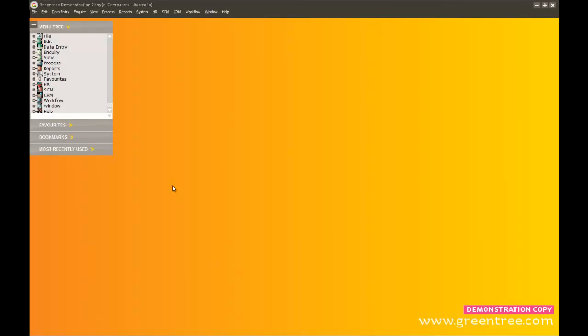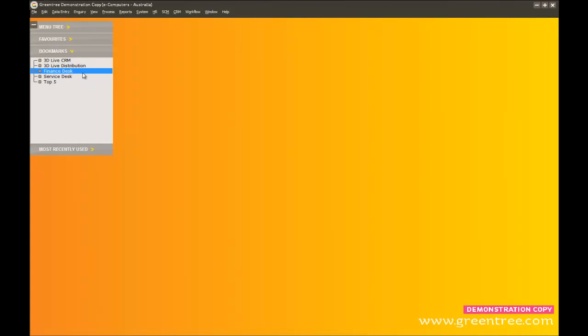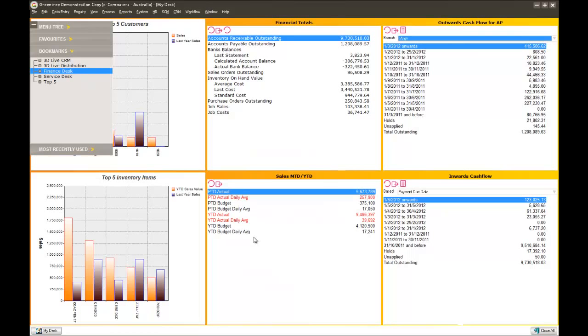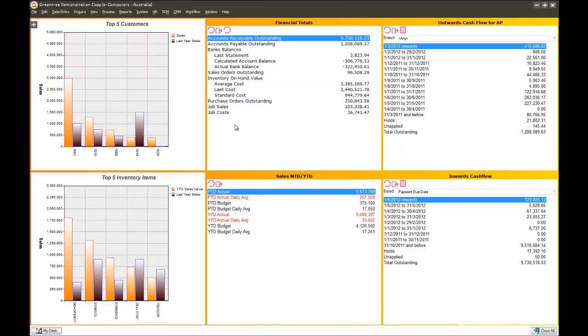Now normally when a user logs into Greentree and they're using Workflow, they wouldn't have a blank desktop as we're seeing here. Normally what they'd see is their own active workflow desktop. So let's have a look at a couple of different desktops that could be configured for each user in the organisation. If I worked in the finance department, I might have a desktop that shows me things like, for example,